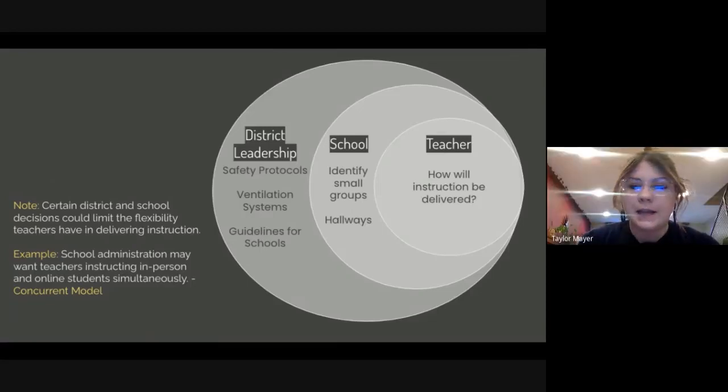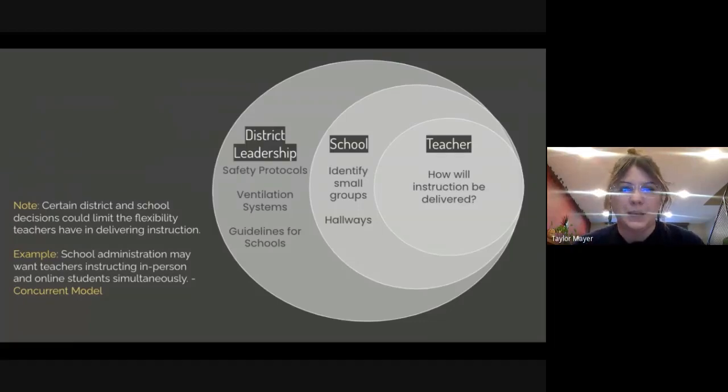Lastly, I hope you can keep in mind as we go through today, as we hear new information and start to consider what hybrid might look like, there are always the what ifs, those panic moments of my school doesn't have an answer for X, Y, and Z. We know there are things that are out of our control, and I'm sure a lot of you are familiar with the spheres of influence. We've talked about them a lot this year, with the nature of virtual learning, understanding what's within our control and what's not. And we can really control small bits of things.